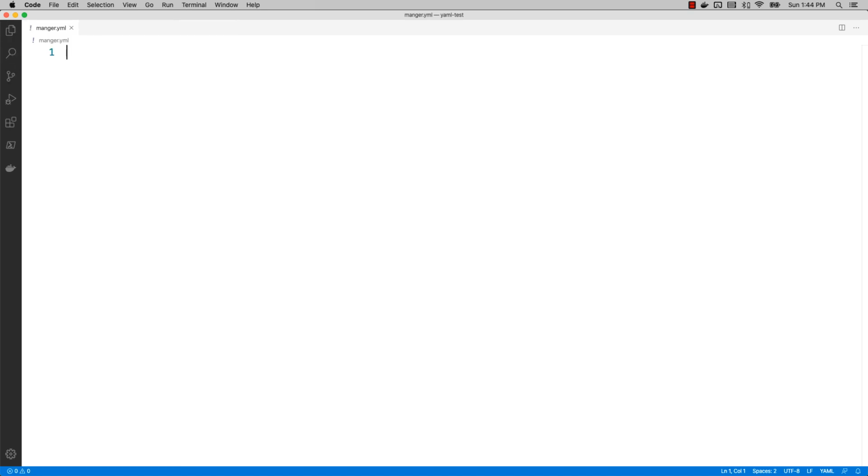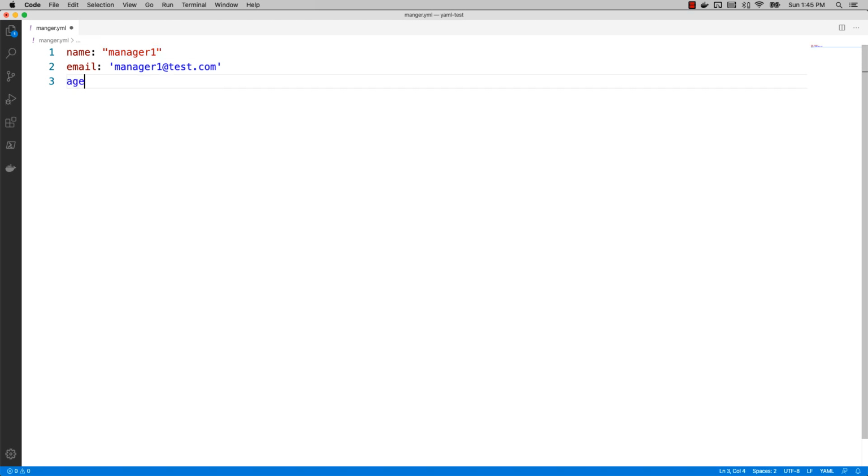Now what do I want to add here? I want to add some information about a manager. For example, I may say a manager has a name. Please see to it that there has to be a space between a key and a value. So this is manager1, the manager name. The manager may have an email. So this is an email. This time I'm going to say manager1@test.com. You may use double quotes or single quotes. Both of them will represent a string. See to it that I'm not using any comma there.